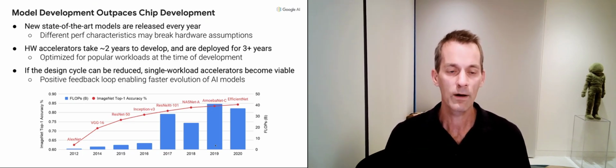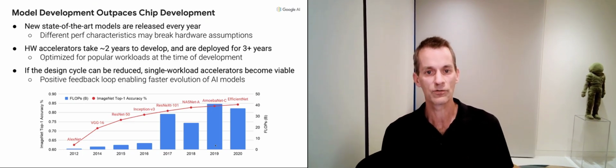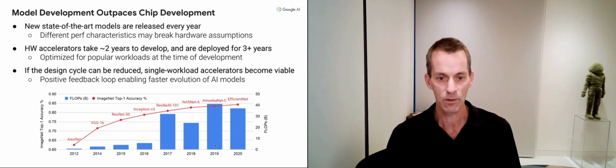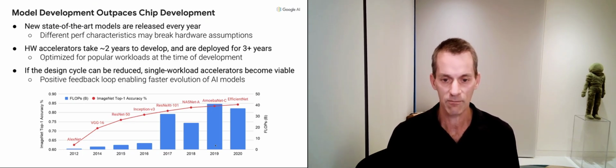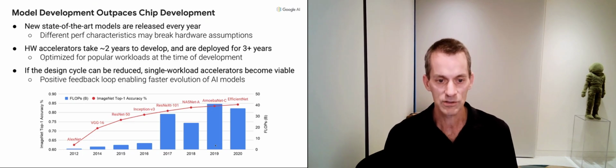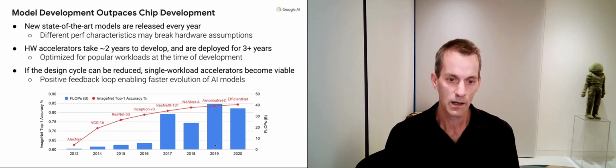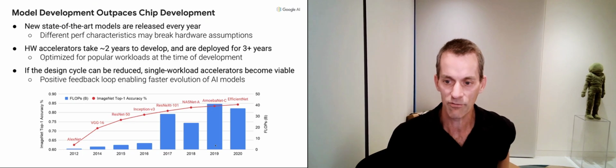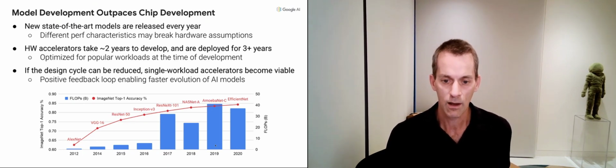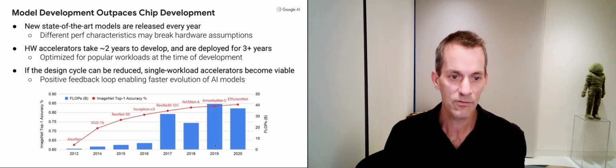So one of the issues that happens with chip design is that the model development and improvement in models outpaces chip development. So if you look at just kind of image-based models, in 2012 there was AlexNet, in 2014 there was VGG16, then ResNet, and so on. And you see a substantial improvement in accuracy through improvements in the architectures. Many of these models have substantial increases in the number of floating point operations to do an inference relative to the earlier years on the slide. And really, it's kind of a moving target.